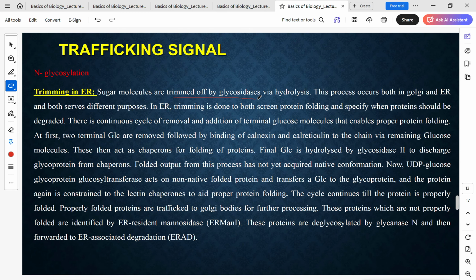Sugar molecules are trimmed off by glycosidases via hydrolysis. In this process, Golgi and ER both serve different purposes. Different kinds of trimming occur at different places. In the ER, trimming is done to both